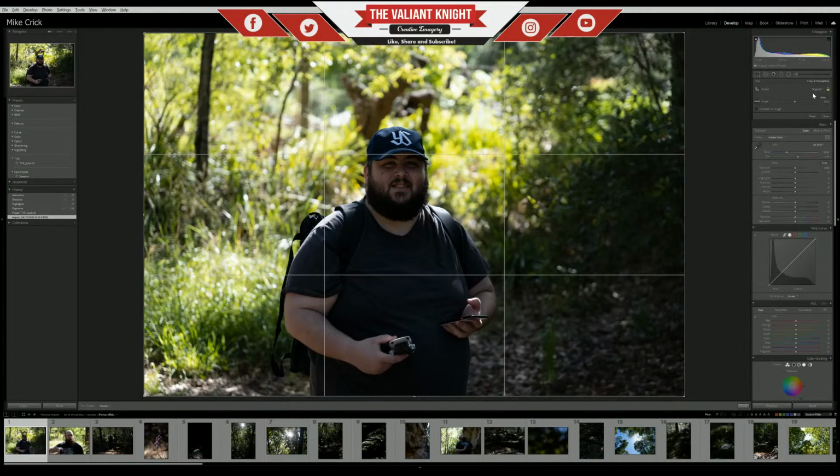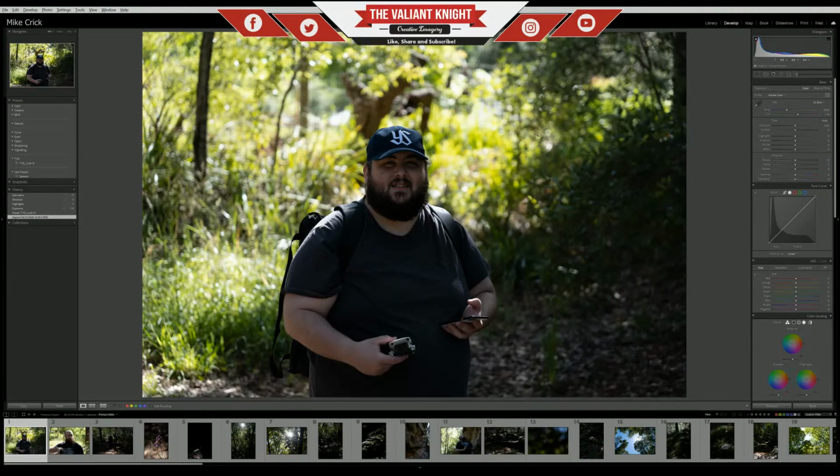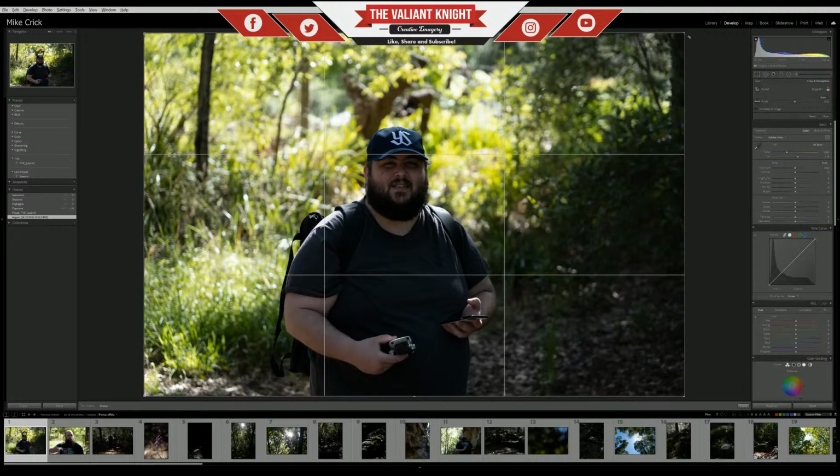So with cropping, there's a few different things I would go through. Usually just by looking at an image, I can tell what kind of crop I would use, if I'm going to crop at all. You don't always have to crop. I have a preference between either the standard aspect ratio of the camera, which is 3:2,